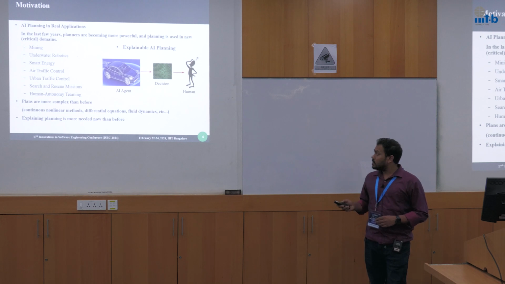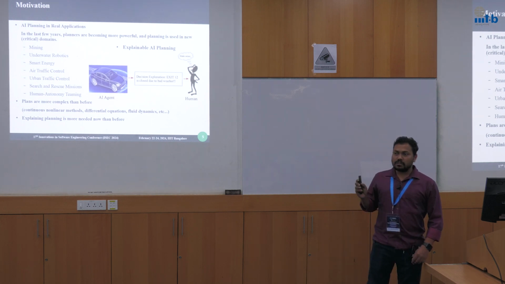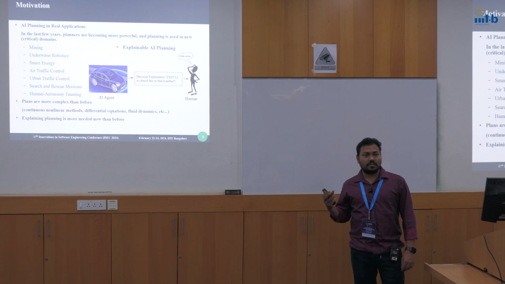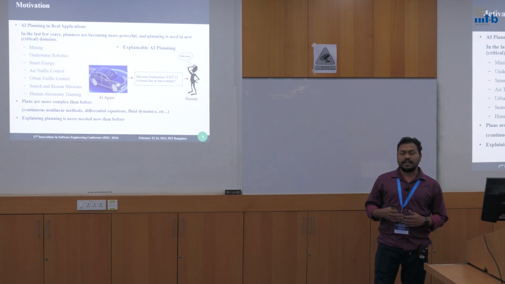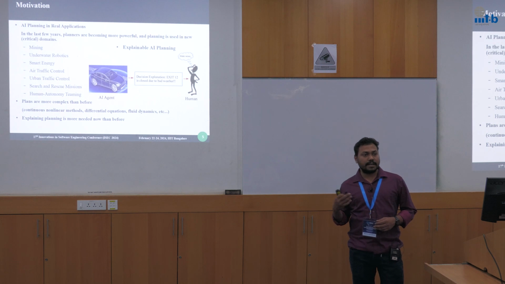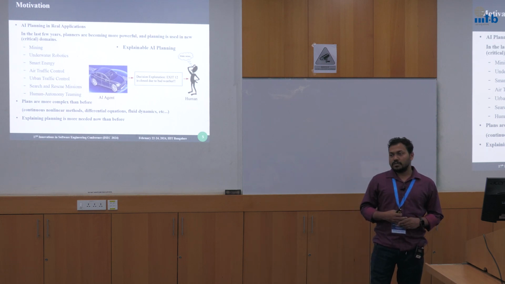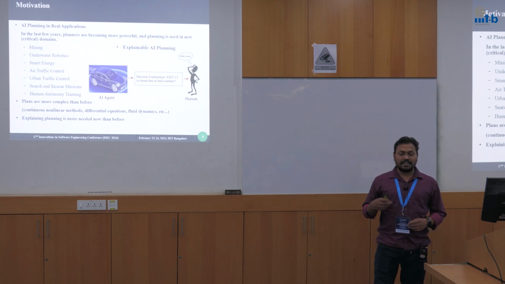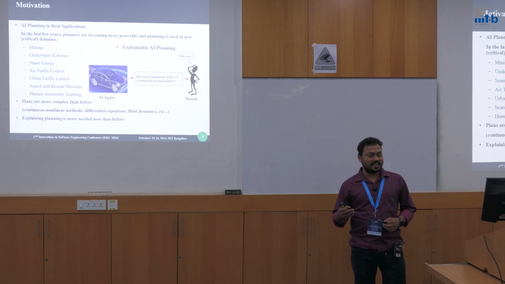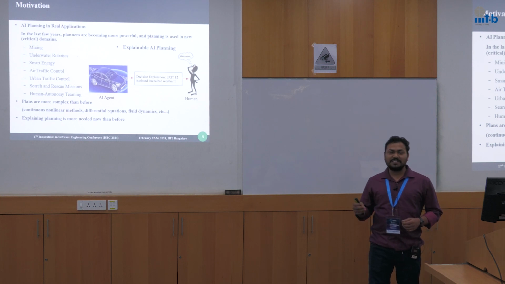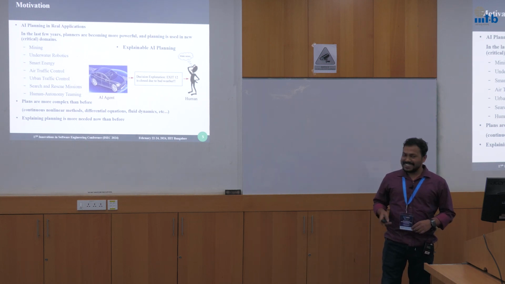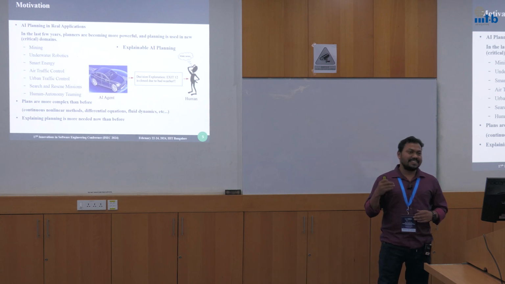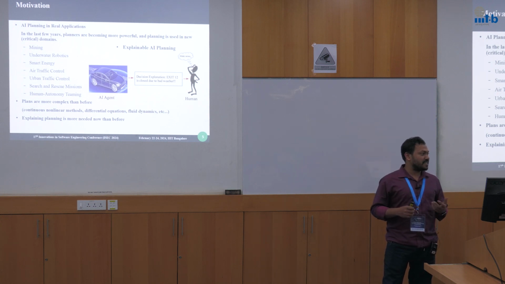So the principal goal of AI planning is that the AI agent of such an autonomous system should give some sort of explanation such that the decision taken by that system is understandable to the user. So for example, the autonomous car should notify that the usual route is congested due to traffic, let's say Bangalore traffic. It's a different problem, all the routes are congested here. So the principal goal here is that the autonomous system should give some sort of explanation so that the decision is understandable.